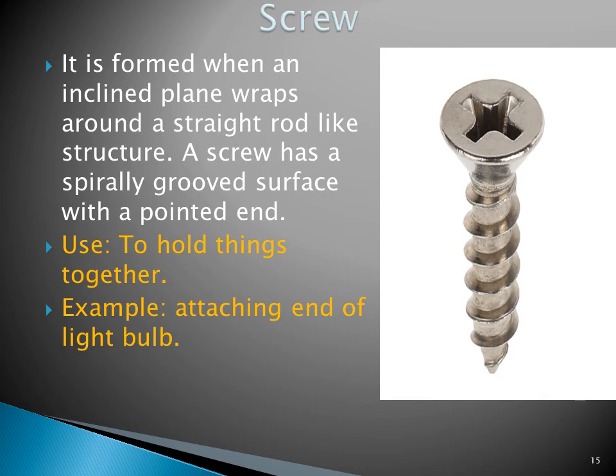The screw. A screw is simply an inclined plane around a cylinder. To describe this better, you can view it as a cylinder with a head, that is a solid top at one end and a pointed tip like a nail at the other end. More importantly, it has ridges winding around it.